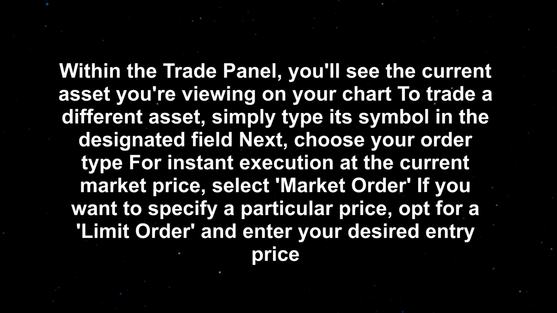Within the Trade panel, you'll see the current asset you're viewing on your chart. To trade a different asset, simply type its symbol in the designated field. Next, choose your order type. For instant execution at the current market price, select Market Order. If you want to specify a particular price, opt for a limit order and enter your desired